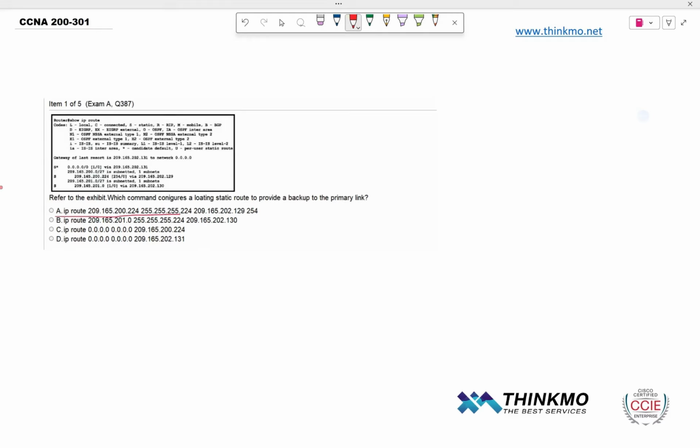Now, let's look at option A. Option A has an administrative distance specified after it, and this administrative distance is 254. So this means the administrative distance has been increased. Normally, for example, you see there are 3 static routes here, and according to Cisco's definition, the administrative distance for a static route is 1. So this is a floating static route, which means it will only take effect after the primary route